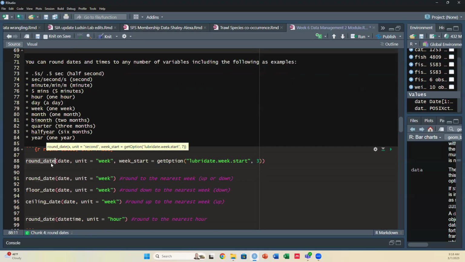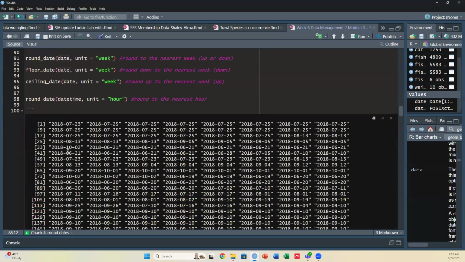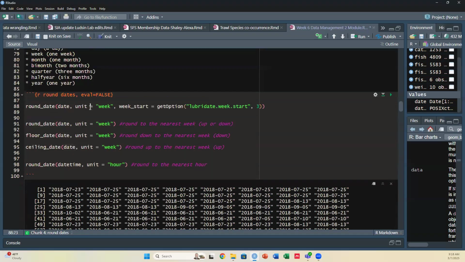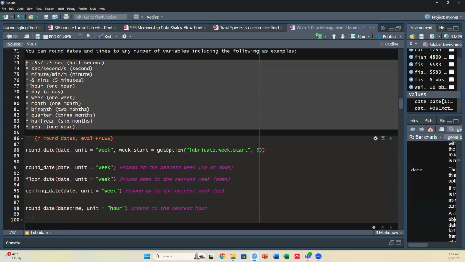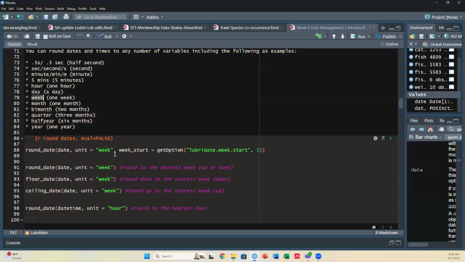So last module we talked about rounding. This is rounding for lubridate specifically, round underscore date. Again, we're taking our date variable, which was just year, month, day of our data. We're saying, what is our unit going to be? Our unit out of these, we're taking week. We want to round to 1 week. And we want our week start